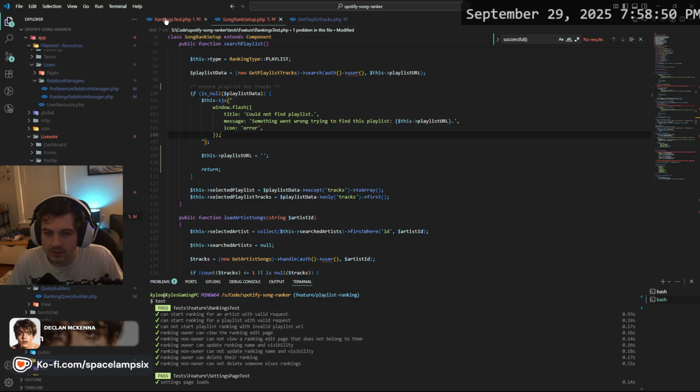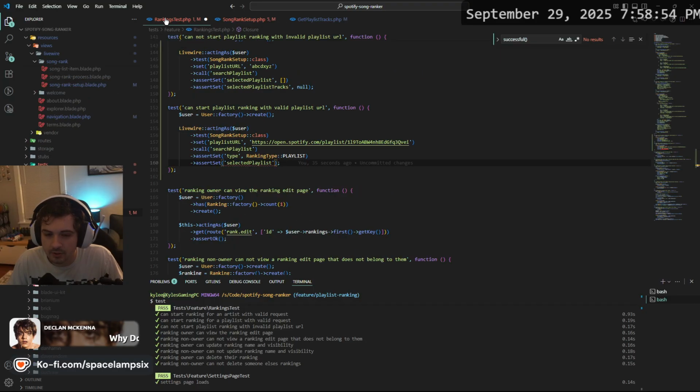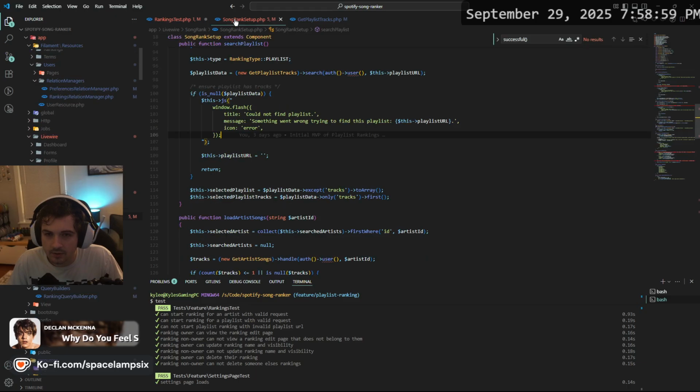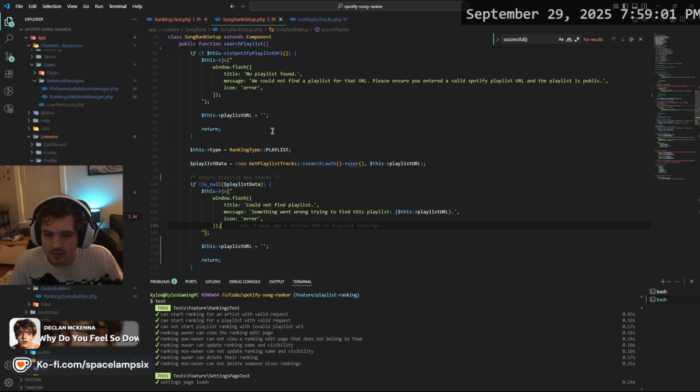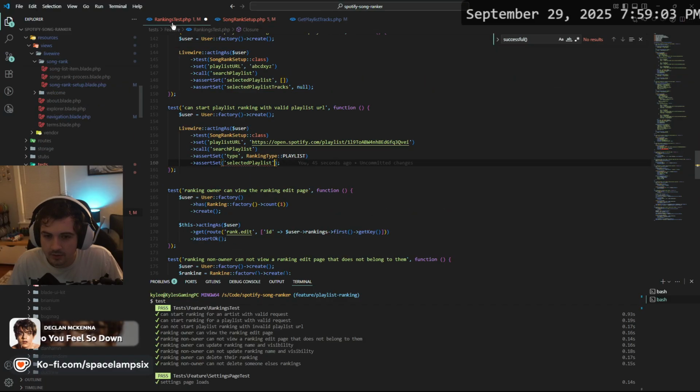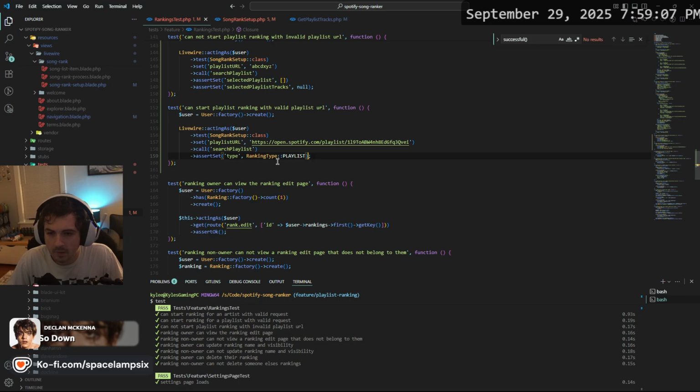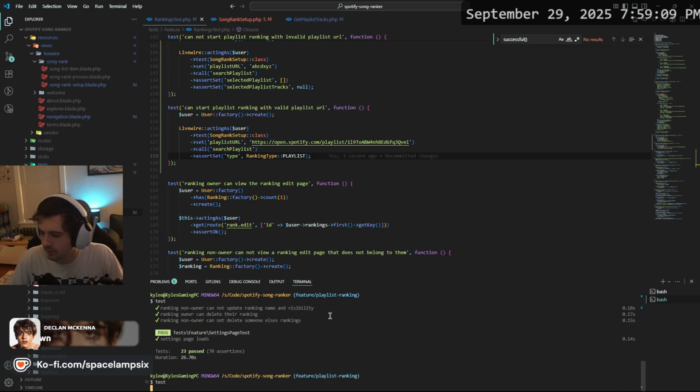Huh. Is it actually going to ping the API? I don't think it would. But it will run search playlist. It'll get to here. I just want to see what it's going to do. I'm just going to do that. Let's see what this does.